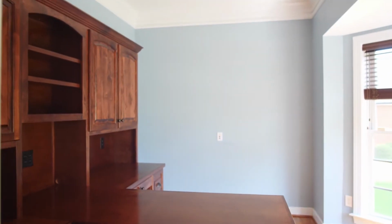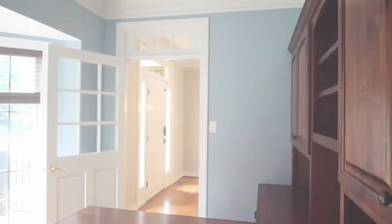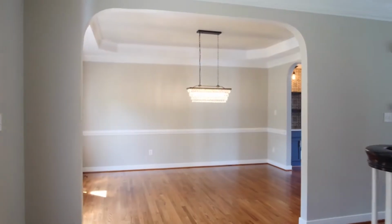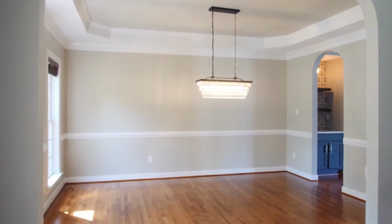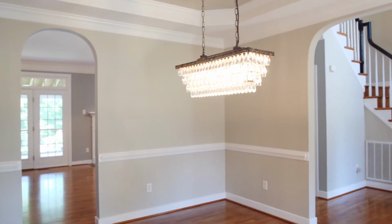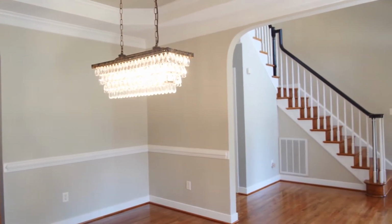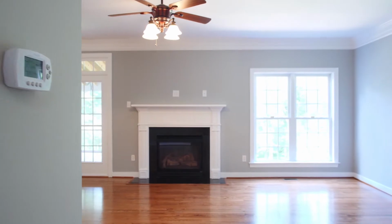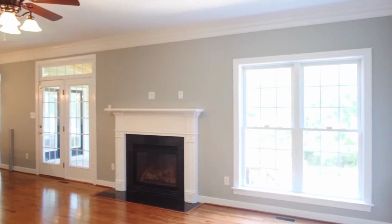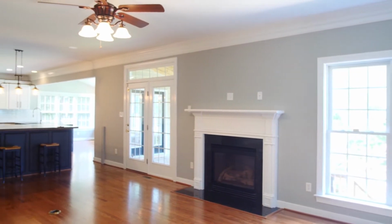As you walk into an open floor plan, you have a formal office with beautiful executive built-ins. And as you walk into the formal dining room, there's beautiful trim, gorgeous chandelier, newly refinished hardwood floors all throughout the first floor. The open floor concept home has this extra large family room with ceiling fan, light, gas fireplace,